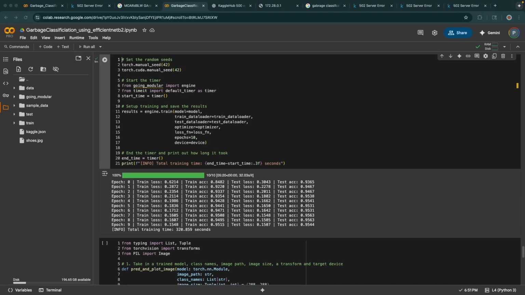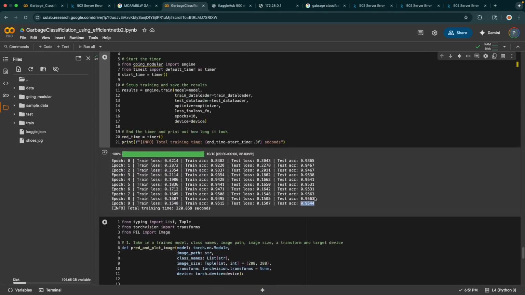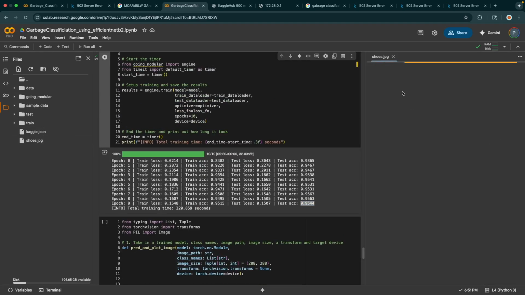Alright guys, our model's done training. It did pretty good. It didn't go up crazy, but it's a high accuracy and a decent loss. It went from 93.65 and rose to the highest we got, I'm pretty sure it's 95.63. But 95.4 would be good enough for the purpose of this video, because now we're gonna get our own custom image. So I took a picture of my dad's shoes over here. I put it in the file system, slash shoes.jpeg, and we have